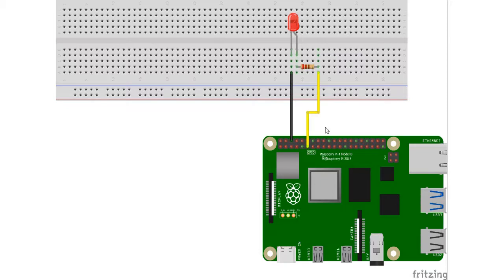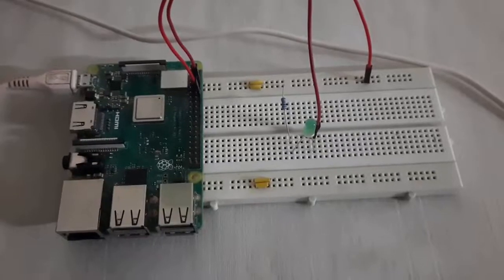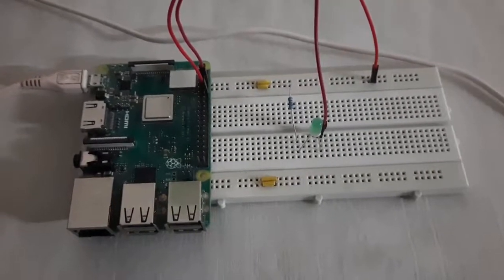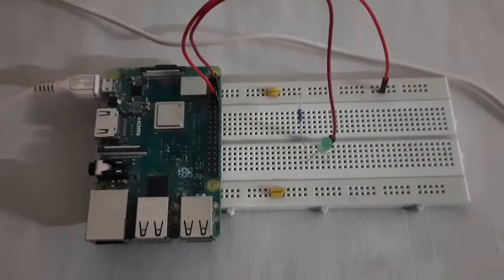Now that we have got a clear idea about the PWM functioning and how we would be using the PWM signal to control the brightness of an LED, let's move on to the hardware setup. We have a closer look at the connections and then subsequently we move on to the implementation to see how it works. So here we are with the project hardware, connections made as per the connections shown in the Fritzing diagram. Now let's have a closer look at it and then move on to the implementation part.